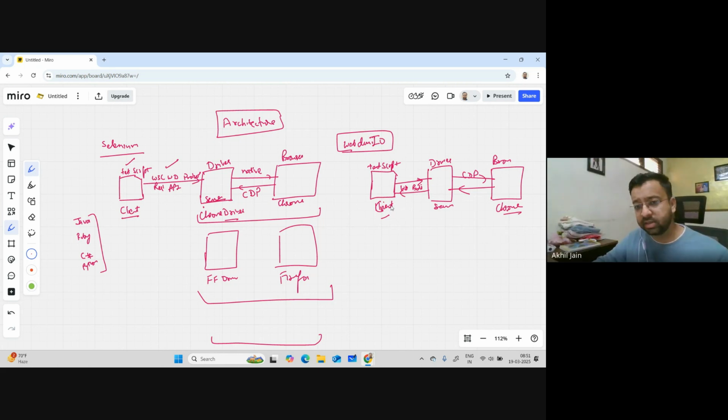What I'm saying is, it is based on a similar model like Selenium. As you see here, you have a test script which acts like a client, which you create using WebDriver IO. It provides support for only JavaScript and TypeScript. It does not provide support for Ruby or Java or something. You can only use these languages, JavaScript or TypeScript. Okay, and what happens here is